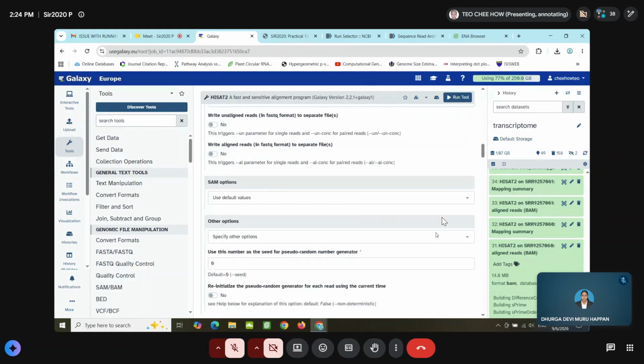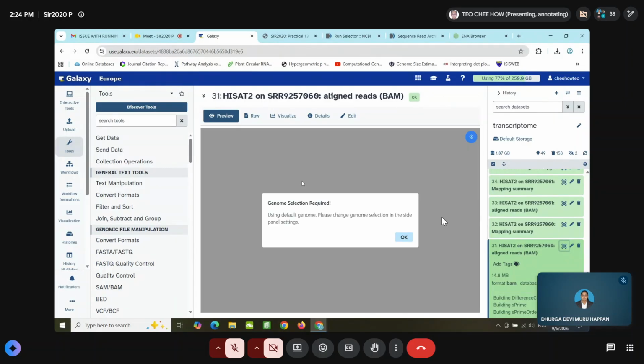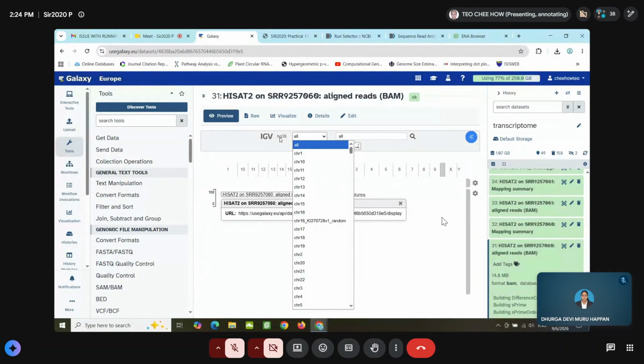So once you run, you will get a BAM file here. I don't know whether you can open it, hopefully you can. It's a binary alignment file. I think you can't open it directly, because you open it using IGV.